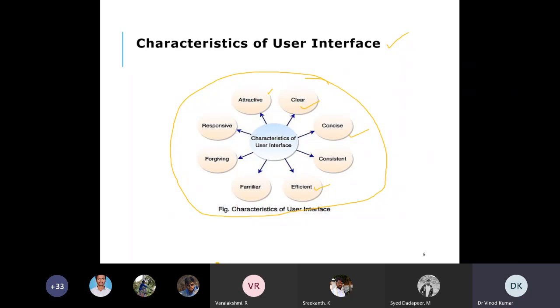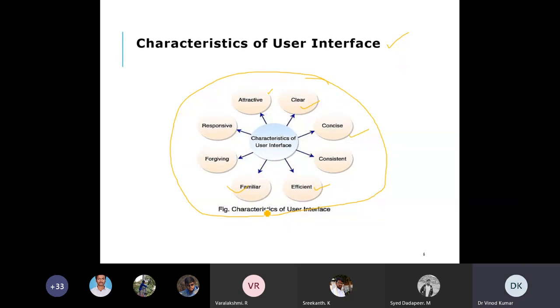Next, you can see here familiarity. Familiar is one characteristic. Familiar means if the user checks it out for the first time, the interface elements are found at the places expected.